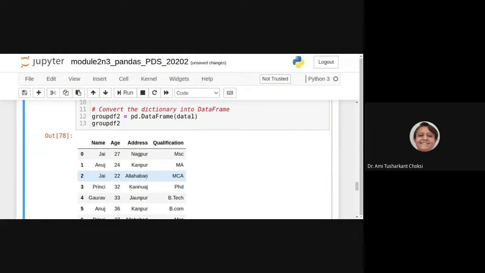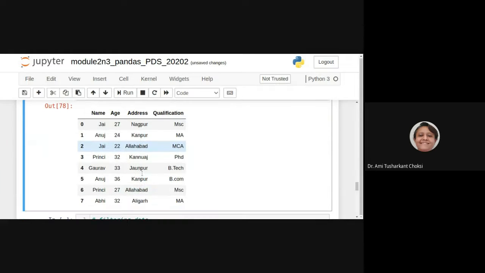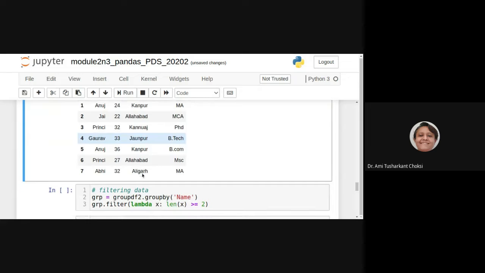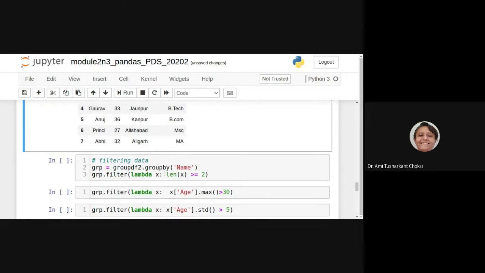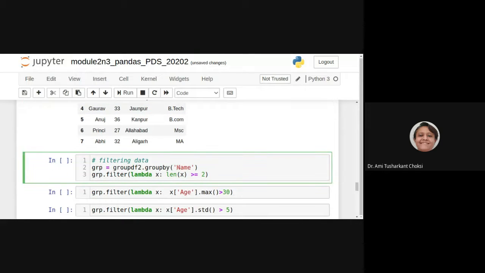That is what we are able to see here. Right now, first of all we do group by. Then we do group.filter with lambda x. We know the anonymous function, or lambda function, that is the condition: len of x is greater than or equal to 2.